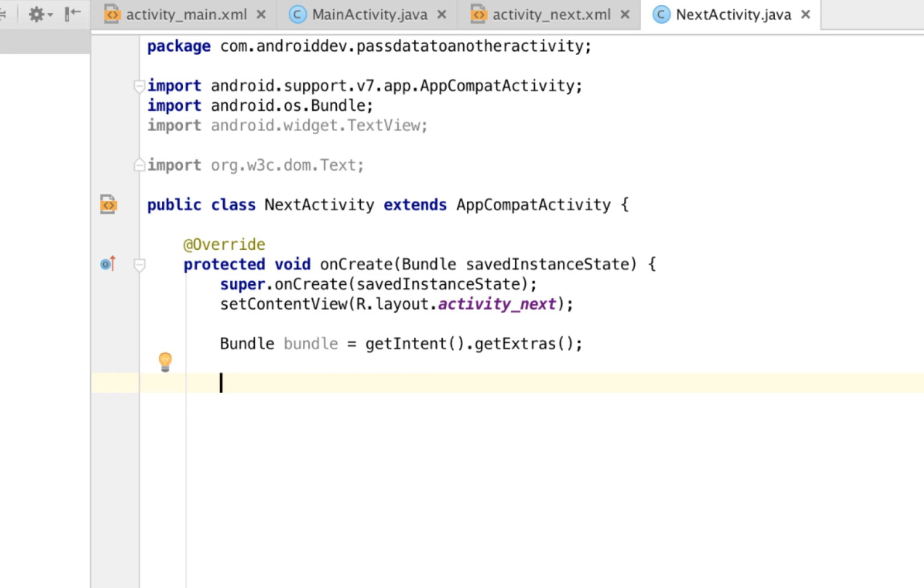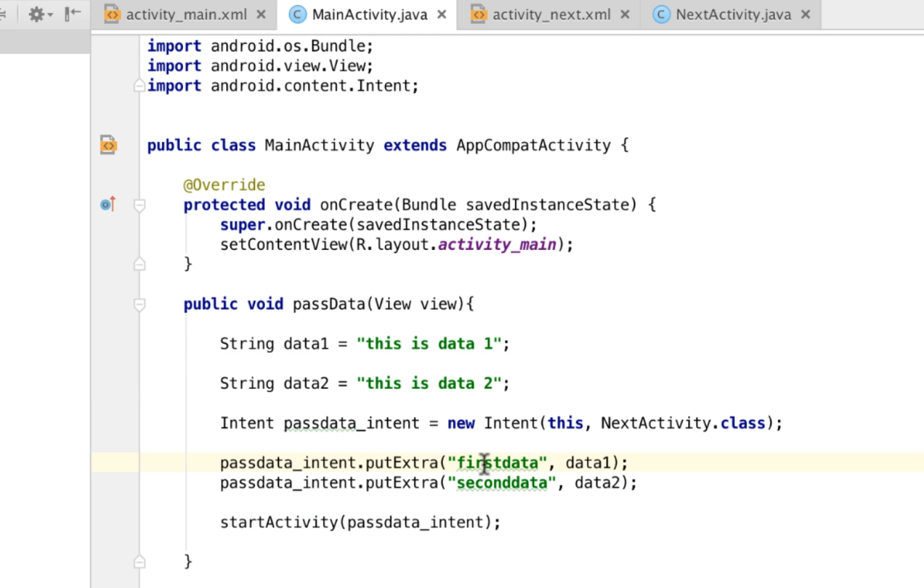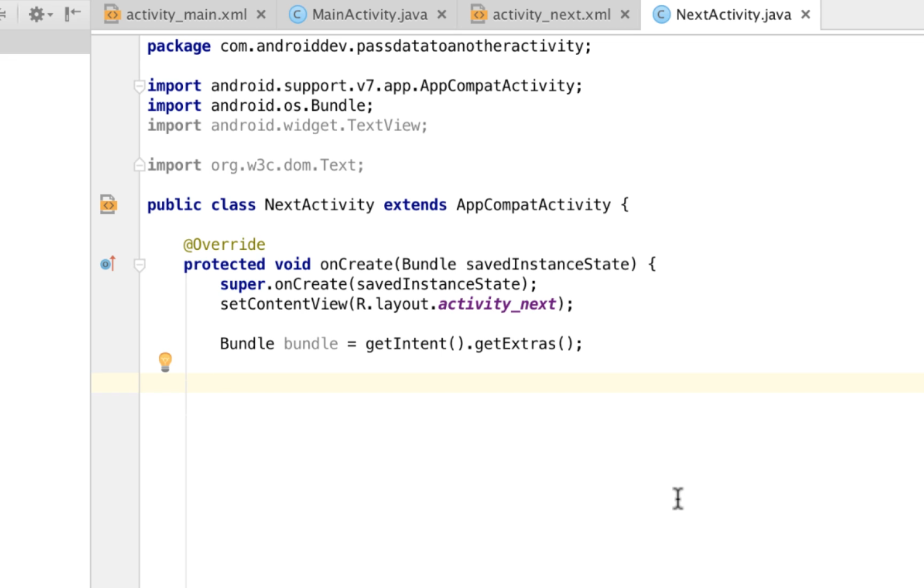So we have two data variables inside that bundle now, which are first data and second data. So what we have to do here is to assign those variables again into another variable inside our next activity.java in order to put that